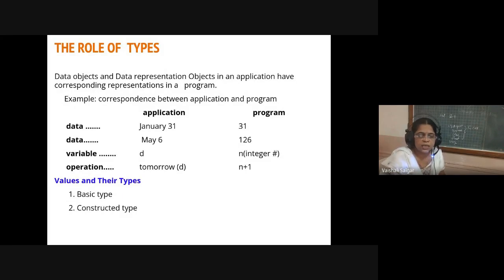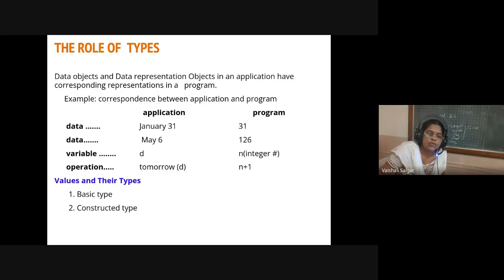Okay, so in this particular case, obviously, when I'm saying per day, how many vehicles are going to be parked in that particular parking area. So over here, the data object is per day. I'm using per day, that is nothing but the information in the application. In the year, there are a total of 365 or 366 days. So a single day will be considered as an object in this particular application.